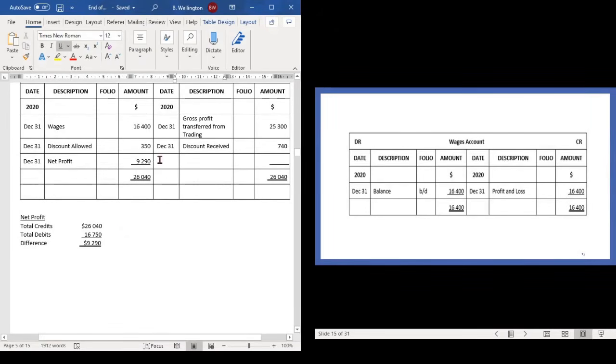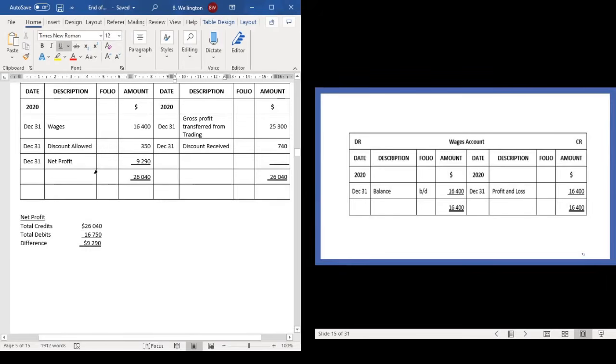The difference between the totals on both sides was $9,290. That is your net profit. Again, we're not going to say net profit carried down. Okay? This net profit is going to be transferred to the capital account,